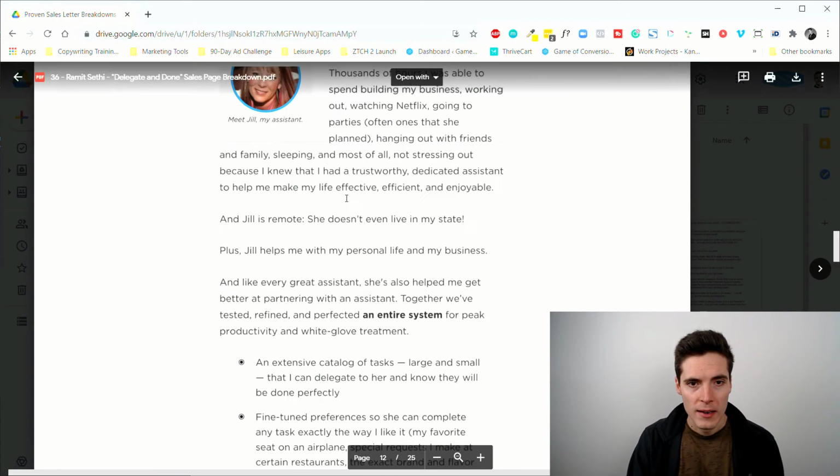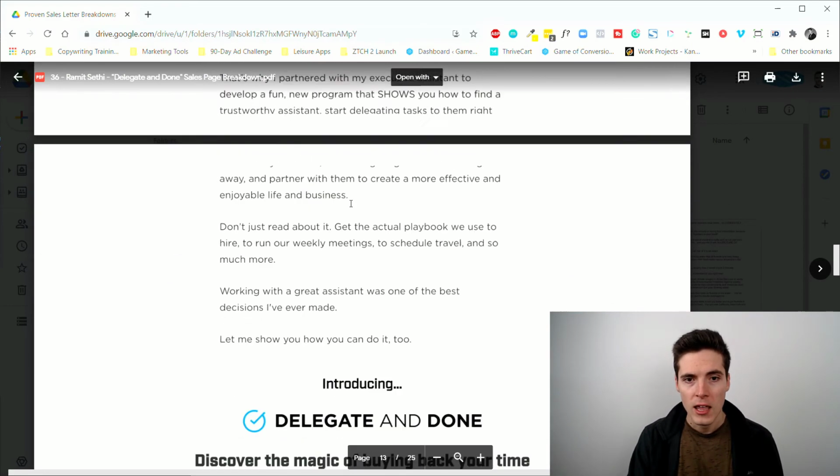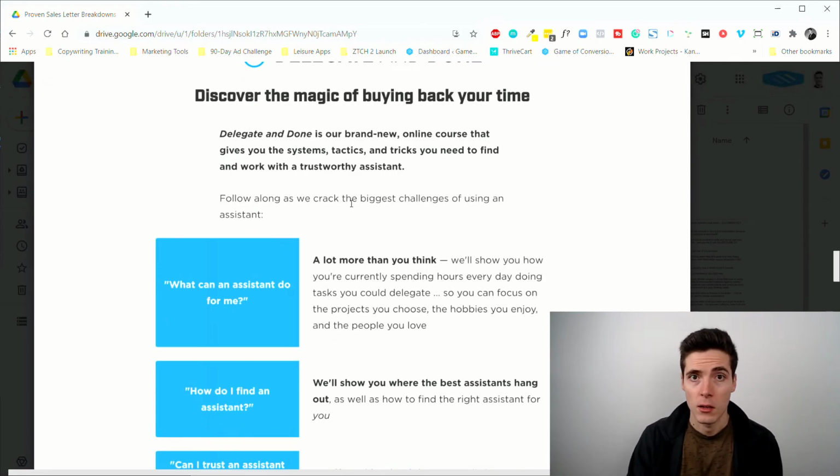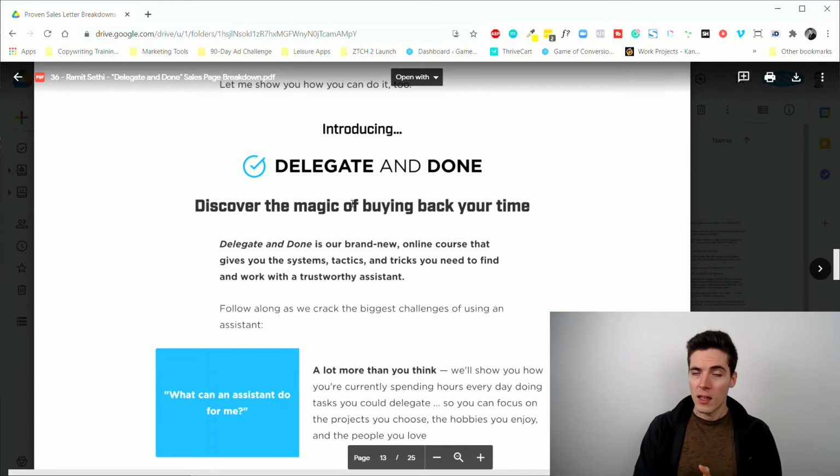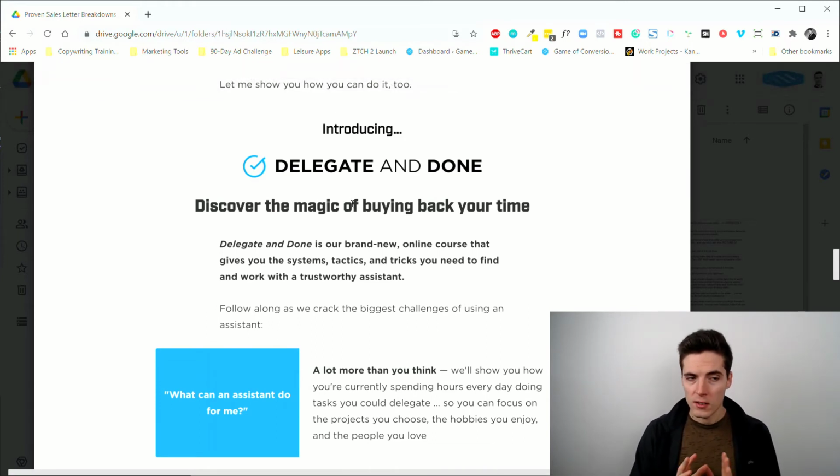So after this part, after painting the dream even more, he introduces the course itself. So notice he didn't introduce the course in the beginning of the sales letter. He took the time to unpack the problems, to explain the false myths, to paint the dream a little bit, to give examples of what can happen when you have an assistant. And now that people who are in the right target audience feel an emotional want for this,